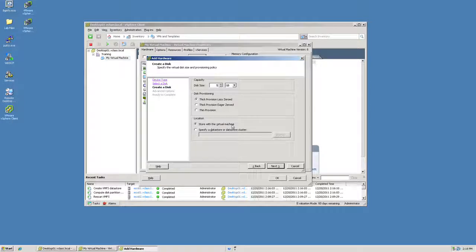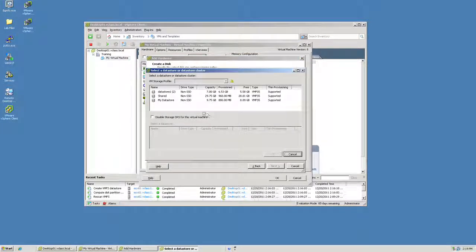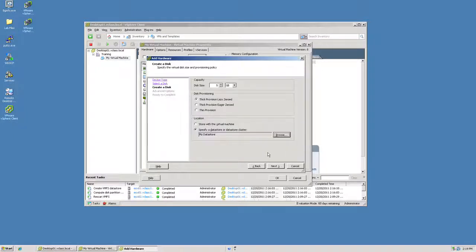Now, by default, the virtual disk that I'm creating is going to reside in the same location as the virtual machine. In other words, whatever data store the virtual machine's files are stored in, this new virtual disk would also be stored there. But to illustrate making use of this new data store, I'm going to choose to specify a data store. I'll then click the Browse button, and you'll notice that amongst this list of data stores is my new data store. If I select my data store and click OK, then click Next,